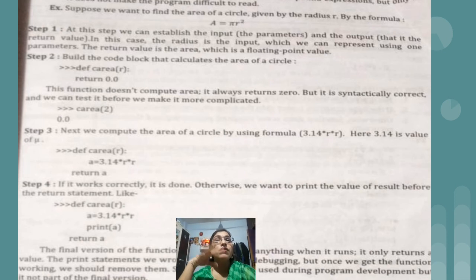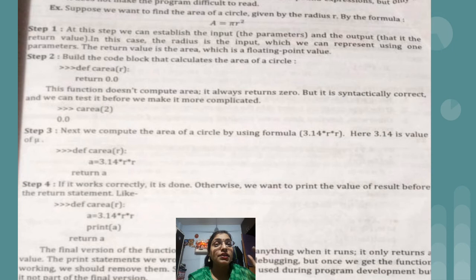Now if you notice, we are not writing the entire function at the same time, which we normally do, right? Here we have first created the name of the function and its parameter. After that we have written only the return statement and calculation part. In the fourth step we have added one more line, that is print a, which will actually display the result.